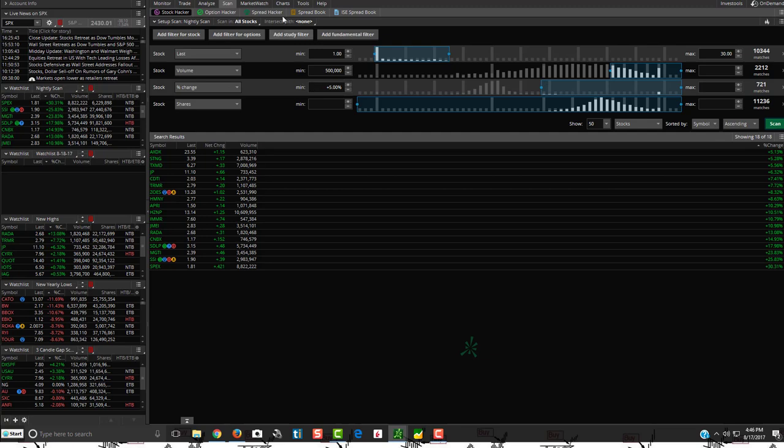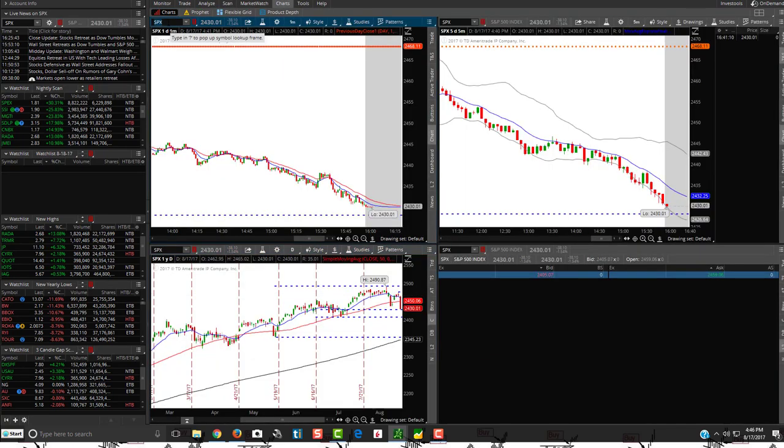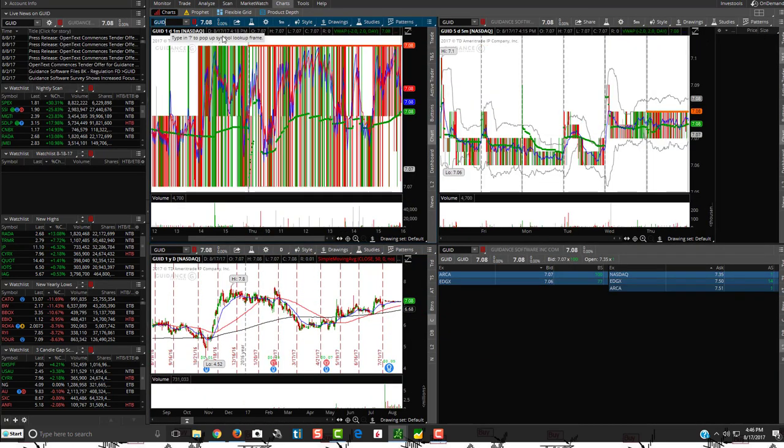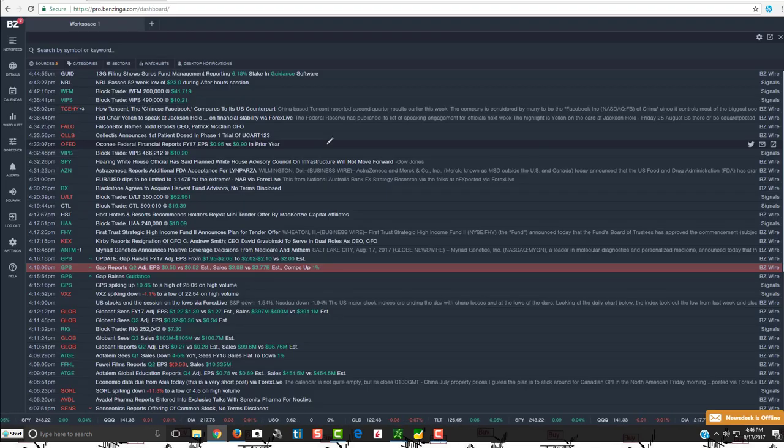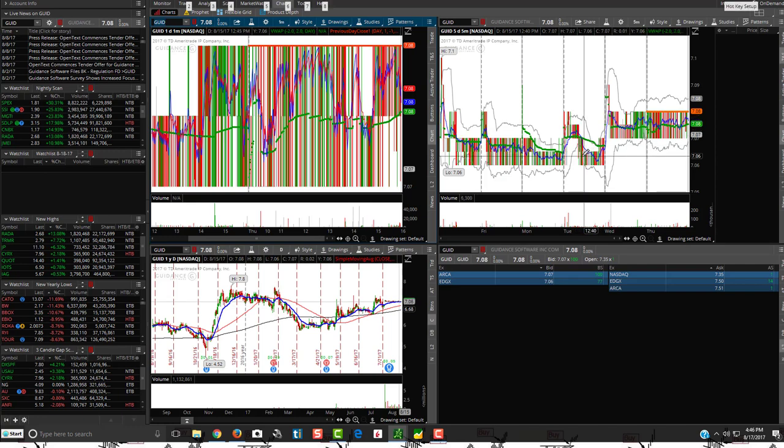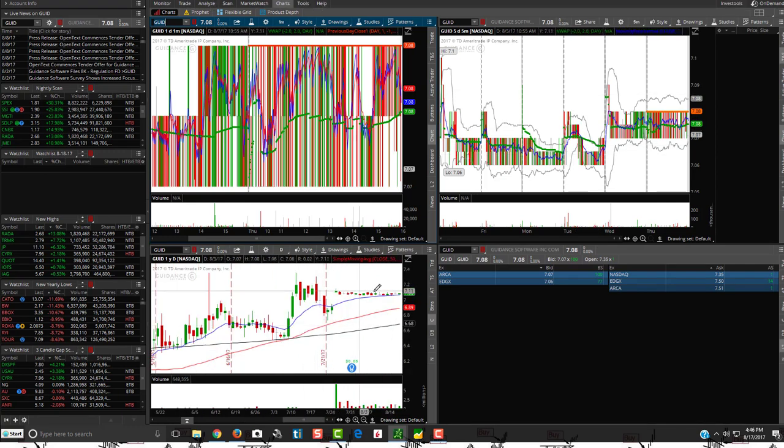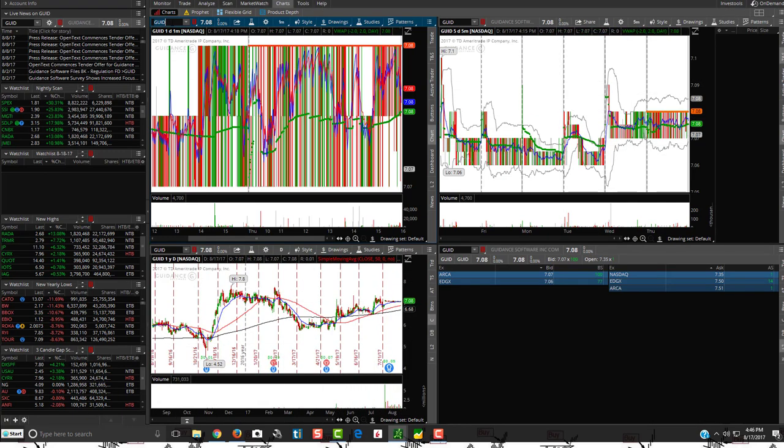See that? Look, before when he called out GUID, there you go, GUID. And then there's DDS. Let's just go over, just for the heck of it, and see what happened with GUID. Whoa, that's a messy chart. Oh my goodness, that's horrible. Who the heck will know what will happen with that? But look at that right in the daily, huh? That's pretty crazy.